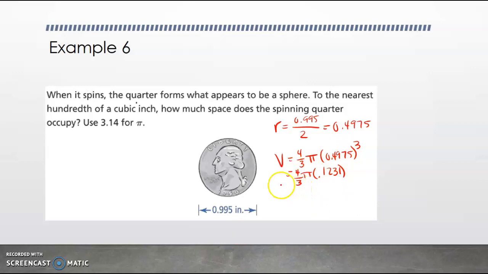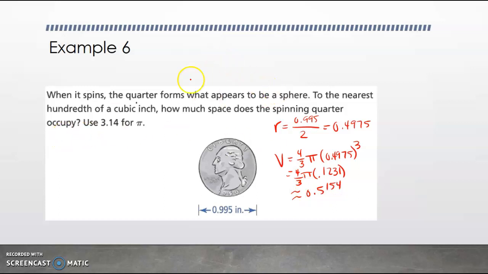Actually, looking at the problem, I just went ahead and multiplied all of this: 0.1231 times 3.14 times 4 divided by 3. And so what we get is approximately